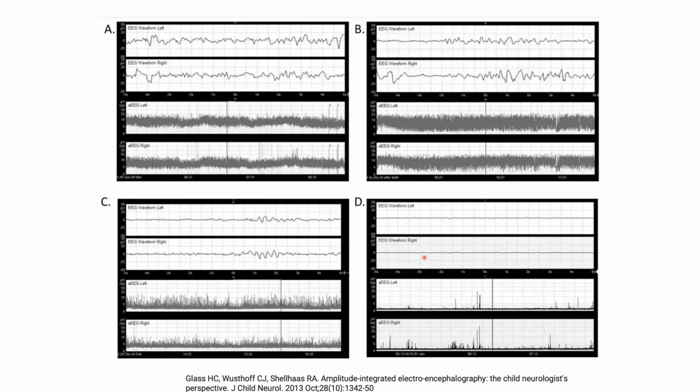And this is the worst form of encephalopathy in panel D, where there is a flat line bilaterally. So you can also see a flat line here. So this is a flat trace, or the FT, which we call it. You can see barely any activity. There are islands of high voltage activity. So this is a very severe encephalopathy in a child who has severe brain dysfunction.